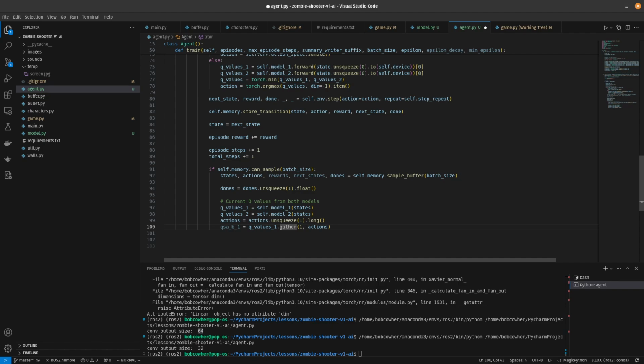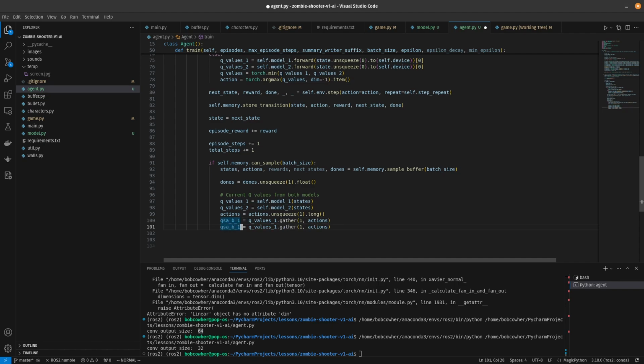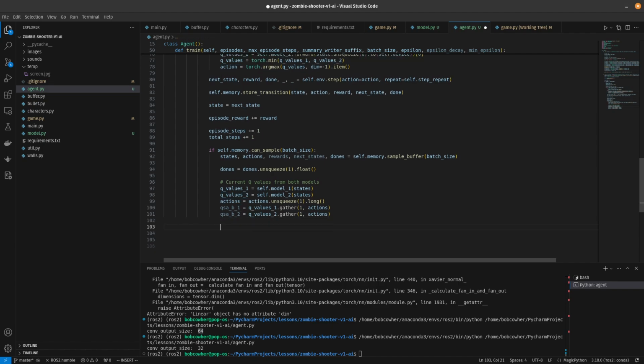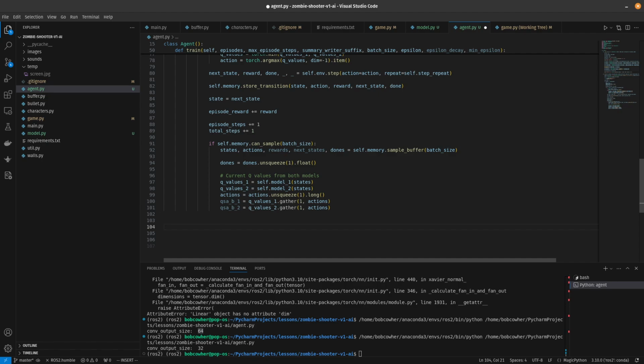And then just like everything else, we're going to go ahead and turn that into a 2 as well on Q values 2.gather. Okay, so next we're going to go ahead and select a fresh batch of actions. So we're going to say action selection using main models. Okay, so we're going to say next actions